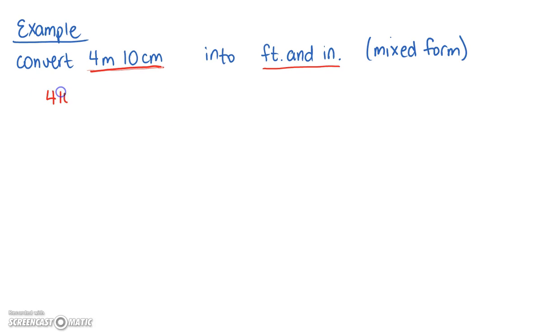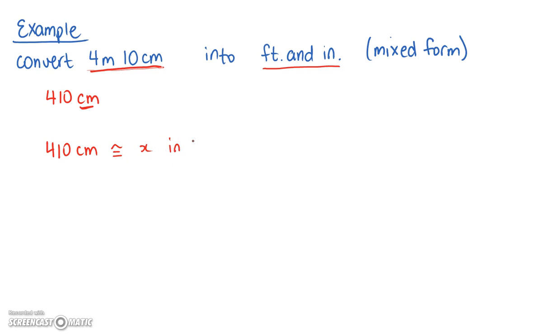So my suggestion is to convert them in terms of centimeters. So we're going to have 410 centimeters. You should all know how to do that conversion. And then we want to convert them in terms of feet and inches. Again, we are going to want to convert our centimeters to imperial first, and then work it back into a mixed form. So we know that we have 410 centimeters, and we want it to be approximately